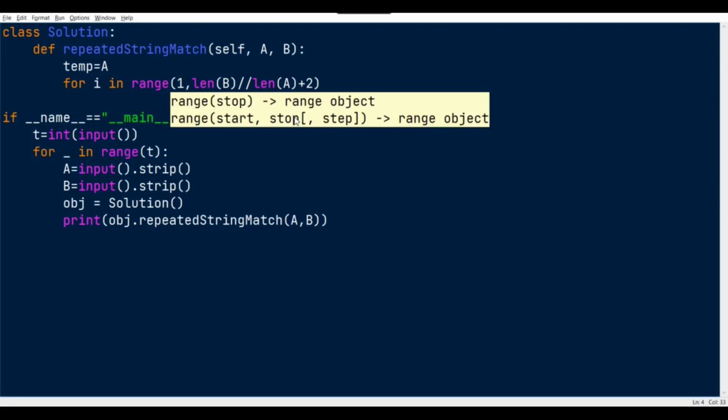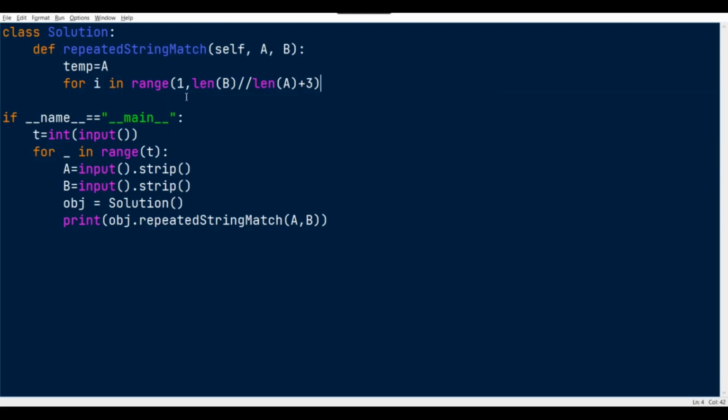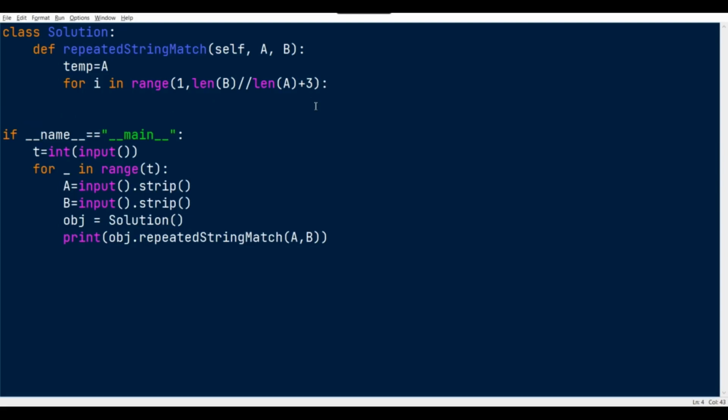It won't go for negative values, right? But we are still getting 0, so we need to add one more value. So the i value goes from 1 to 3, so at least it will make one iteration, right?